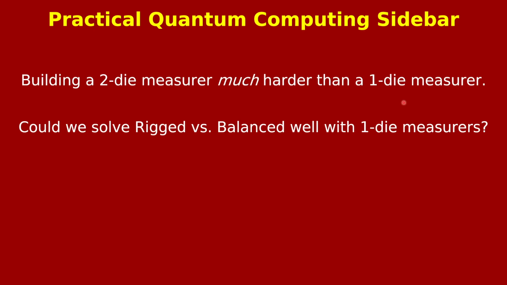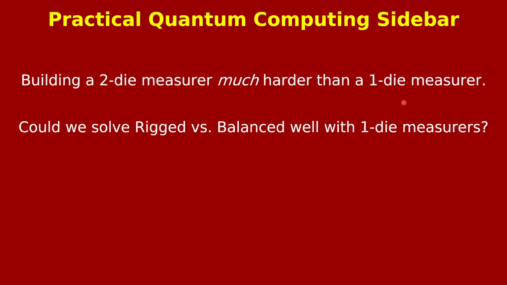And in this case, you might imagine the answer is no. And indeed, this seems very believable because it's very similar to the classical case. And as we mentioned with the classical case, if you're trying to tell the difference between a balanced die and a rigged die, you're pretty much screwed if you can only roll the die 1 time. You can't get any information. So you might imagine a similar thing is true in the quantum case.